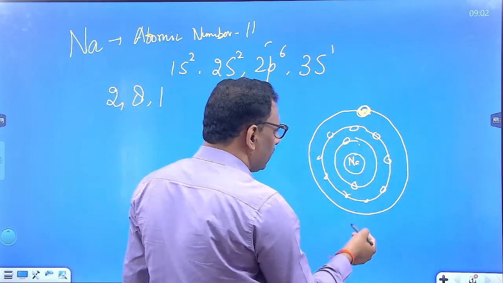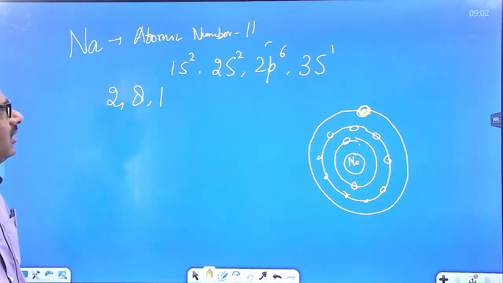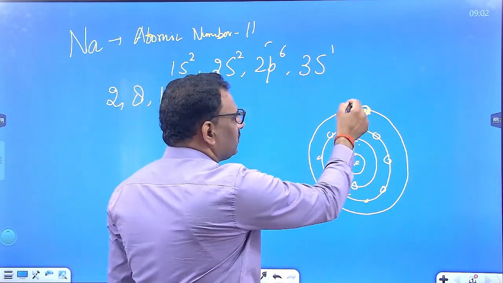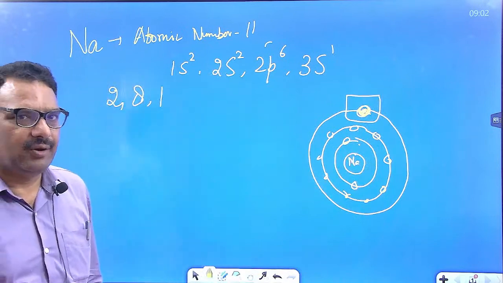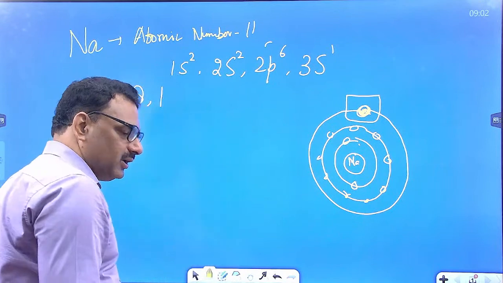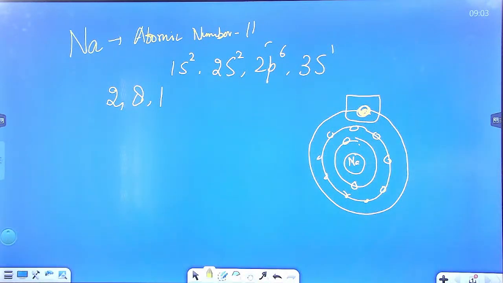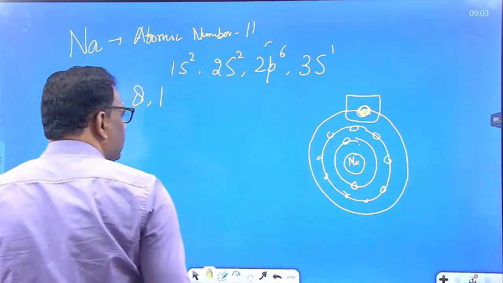In the second orbit we have 8 electrons, and in the third orbit we have 1 electron. You can see in this outermost orbit we have only 1 electron. So if your atoms are separated by a large distance, then